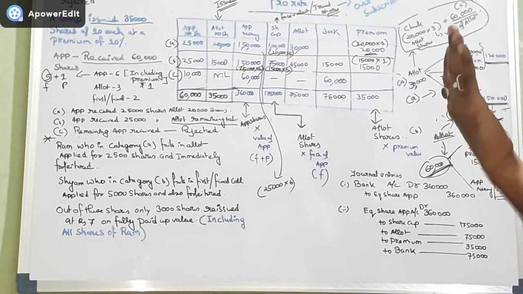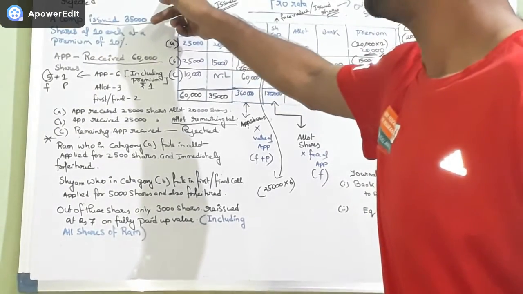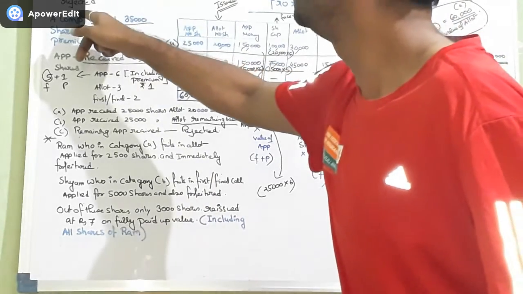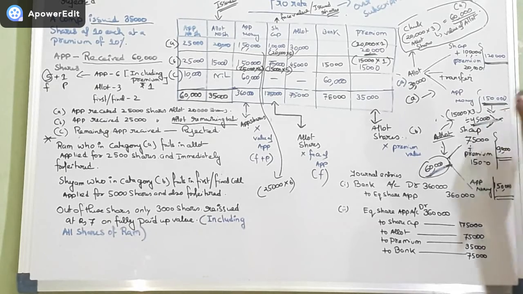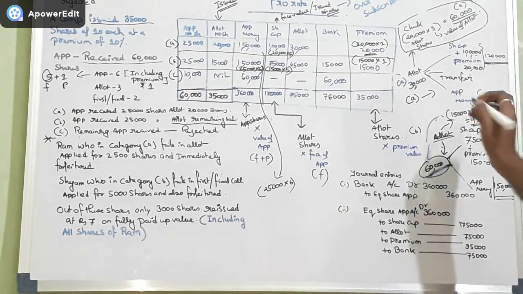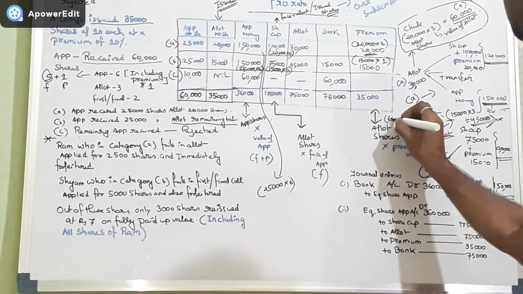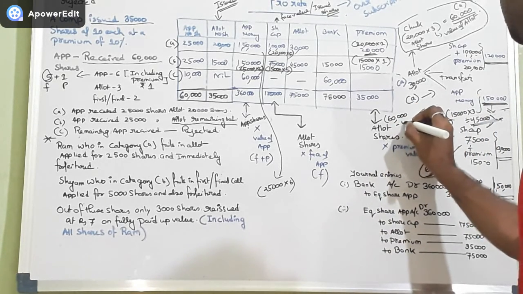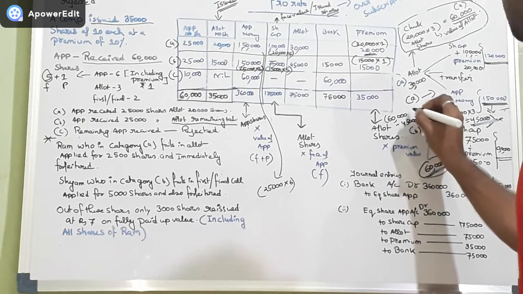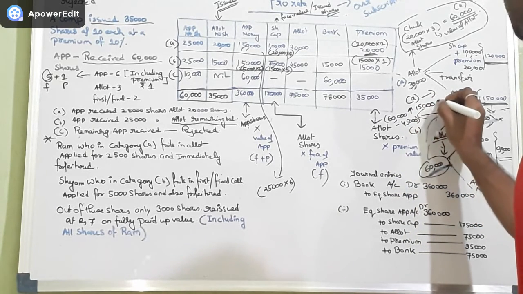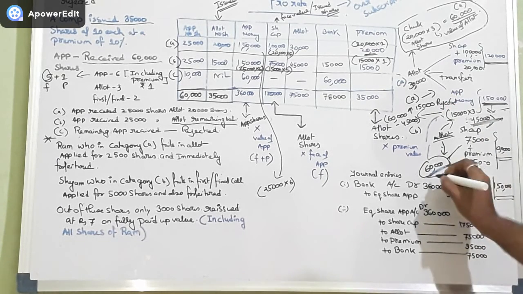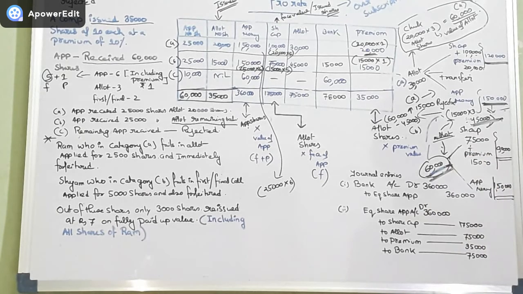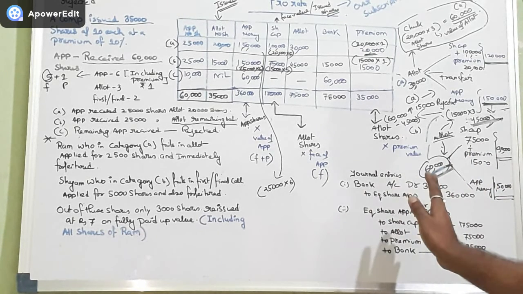So for over-utilization beyond allotment money, the surplus amount will be rejected. 60,000 minus 45,000 is how much? 15,000. That will be rejected, because I have a fund of 45,000 but a surplus in application of 60,000. So obviously we can